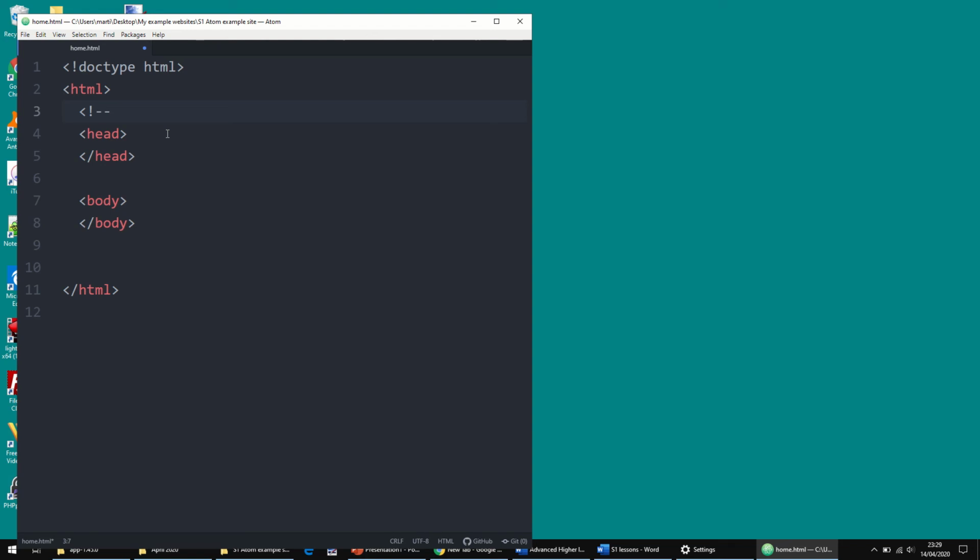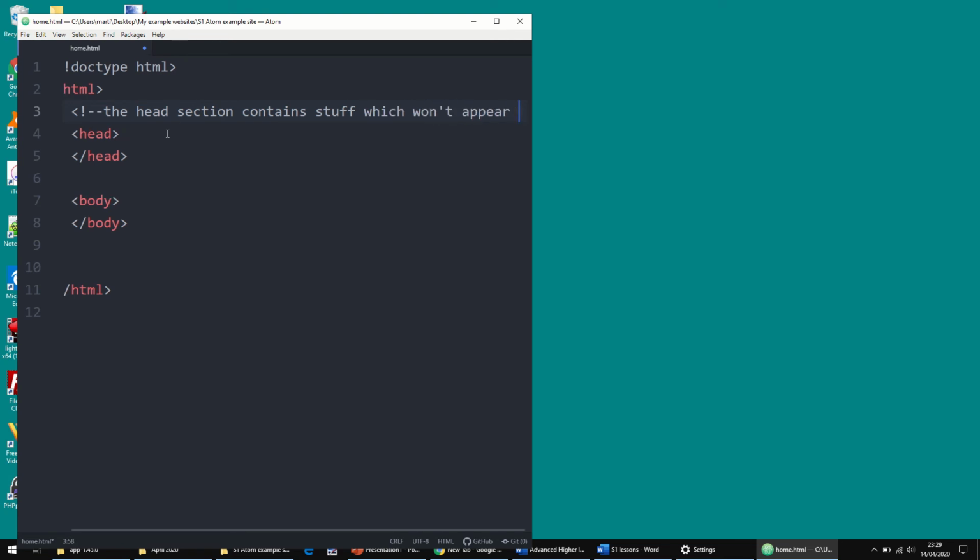Okay, so the head section contains stuff which won't appear on the page. And then once I finish typing whatever I want, I put 2 of these dashes again